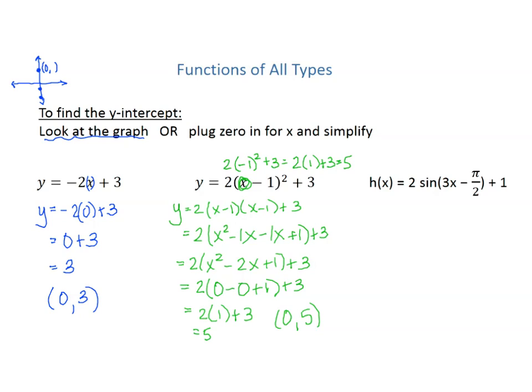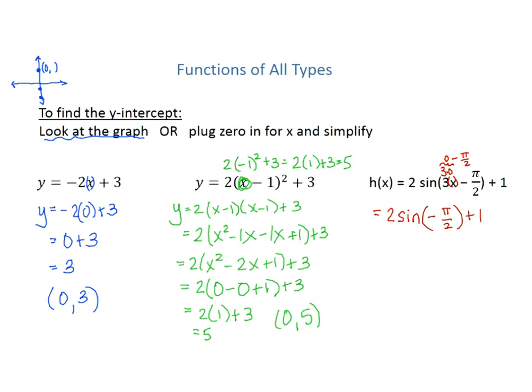And now this last one is a trig function. It's a sine function. So we're going to plug 0 in right here, and then we're going to evaluate and simplify. So we would have 2 times the sine of, and here remember this is going to be 0. So 3 times 0 is 0, right? And then we'd have 0 minus pi over 2. So 0 minus pi over 2 would be negative pi over 2